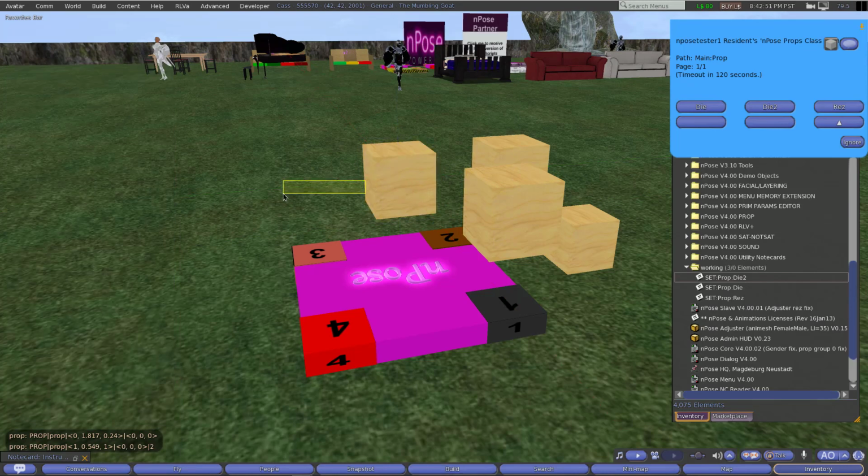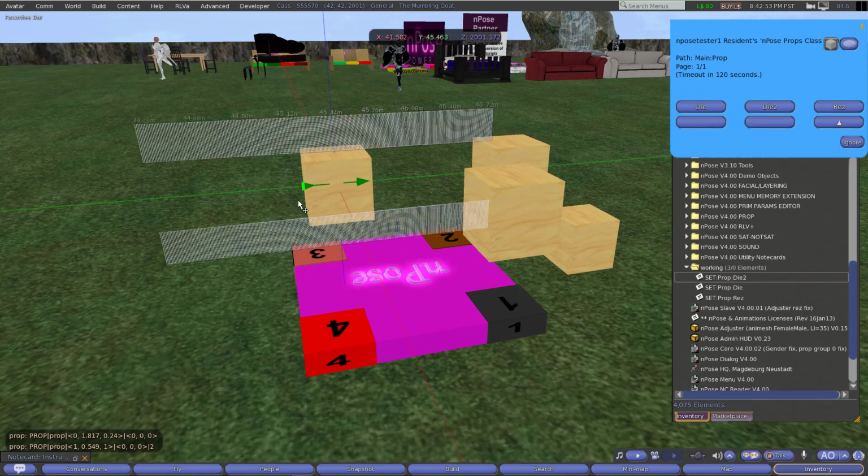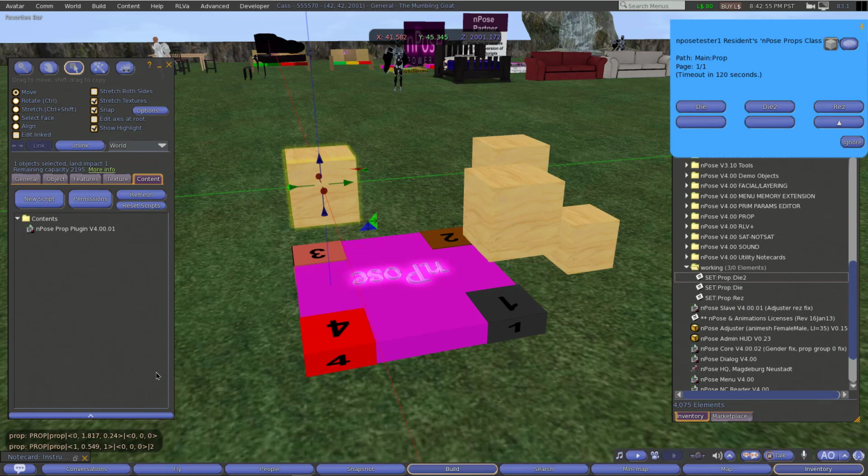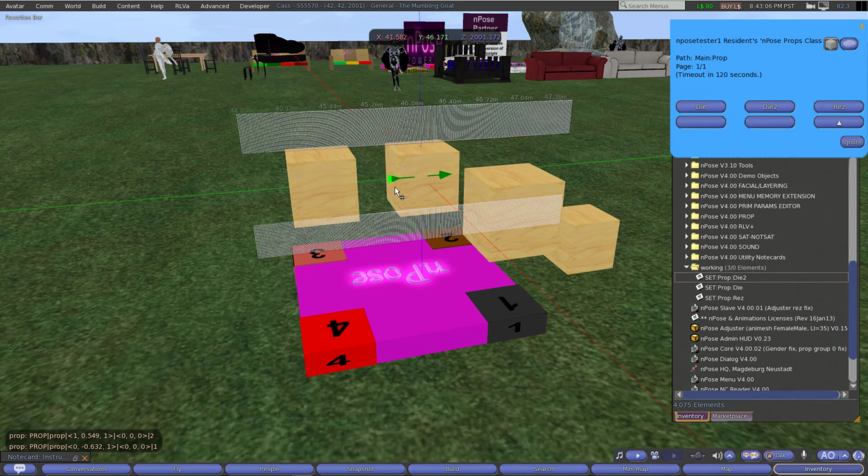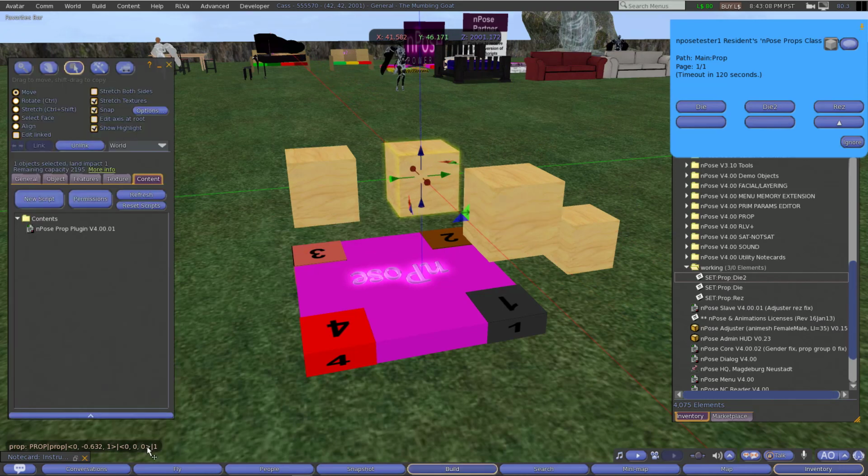And let's try moving this one. Whoops, I missed it. And we get this line, which is prop group 1. And if we move this one, we can sit here and wait all day. We should not see another line show up. It just isn't going